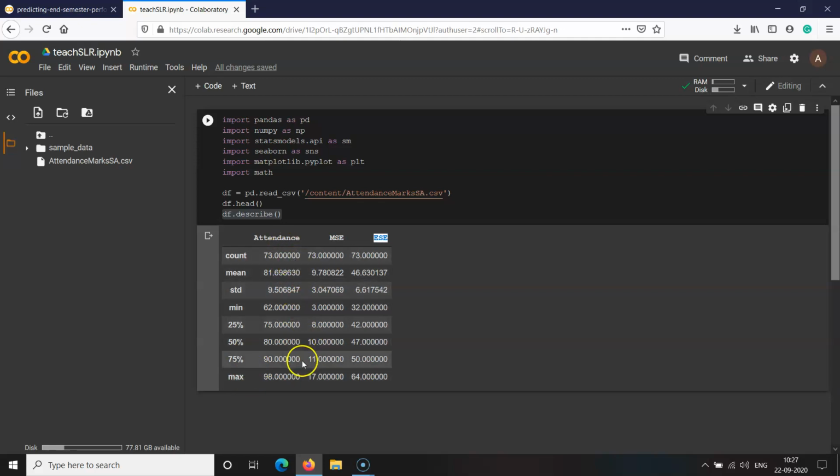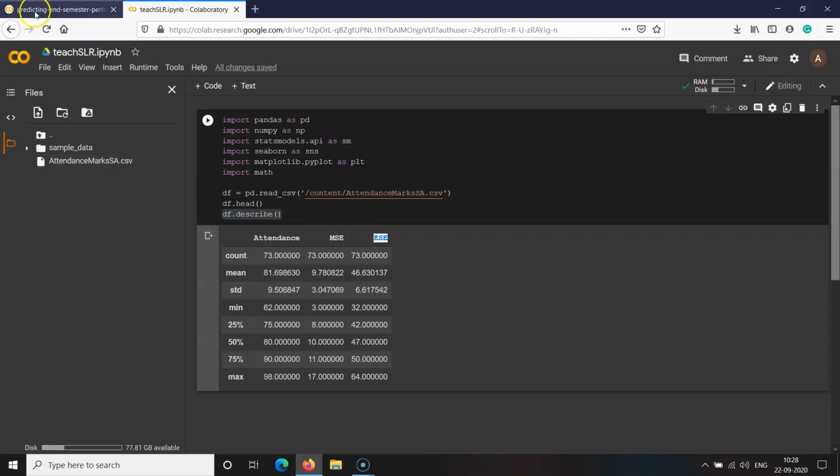each feature variable. Here the output feature variable is the end semester examination, and we would like to establish the relationship between our output variable, that is the end semester examination mark, and the input variables. There are two different input variables present because we are building two different regression models. One is for attendance and end semester examination, and second is for mid-semester examination and the end semester examination.